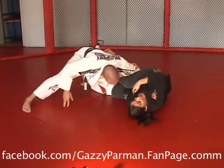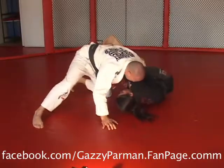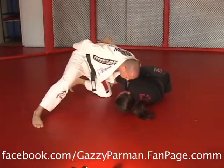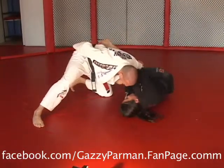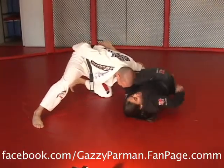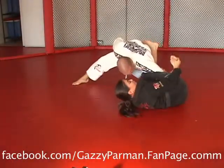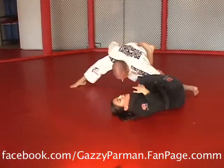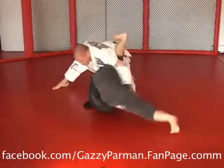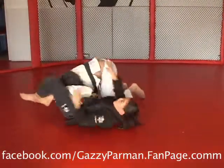Great. I'm going to take this hand here, go across to his other side, could be his rib, could be his leg, whatever you can grab at the time, okay? Just don't let go of this arm. My other foot, turn this way. If you can see the bottom of my toes, just these two little toes right here are going to base out on the floor to help get my butt up to the sky. So here, John kept his head down. That's good. So you can either roll through with an omoplata, or